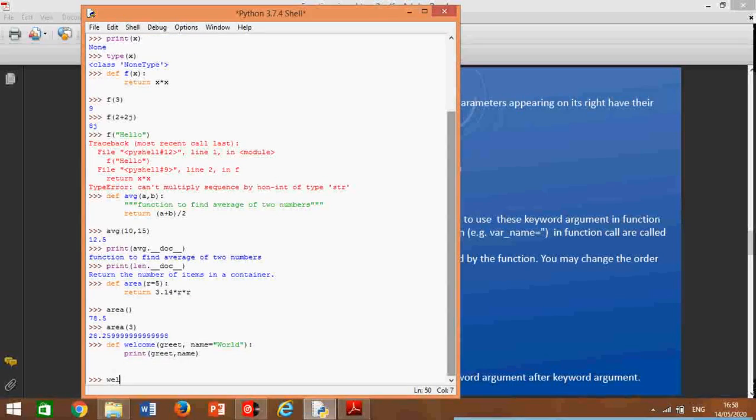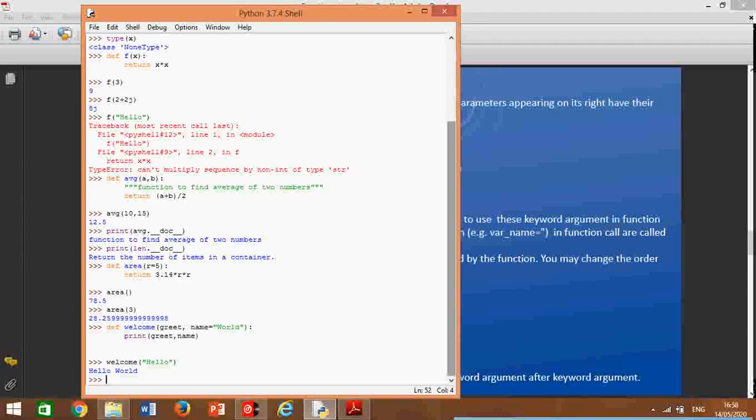Now let us call. The first call, I am just passing hello, the first argument. Now the first argument goes to greet and the second argument will be taken by default, so it will print hello world.